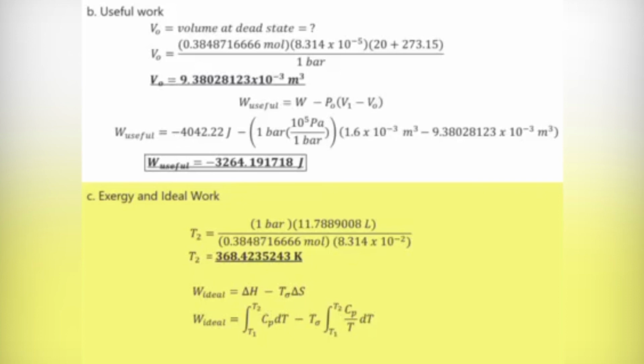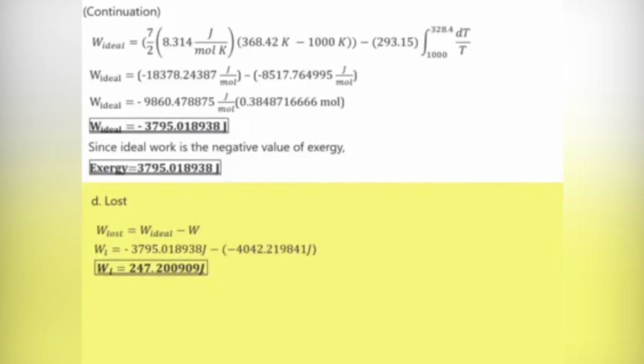To get ideal work, we use the formula change in enthalpy minus ambient temperature multiplied by the entropy change. To calculate for the ideal work, we must calculate T2 first by the ideal gas equation, which is equal to 368.423 Kelvin. Now that we have our T2, we can now calculate the ideal work, which is equal to negative 3,795.02 joules. Going back to what I mentioned earlier, wherein ideal work is the negative value of exergy, we then have exergy equal to